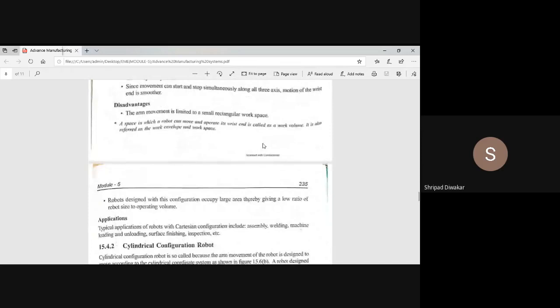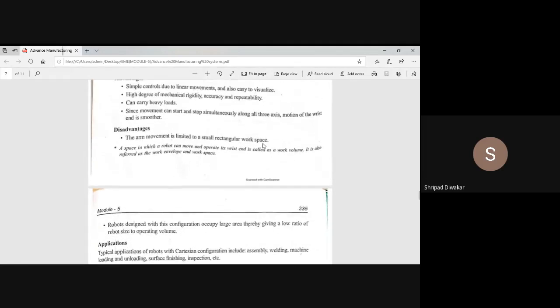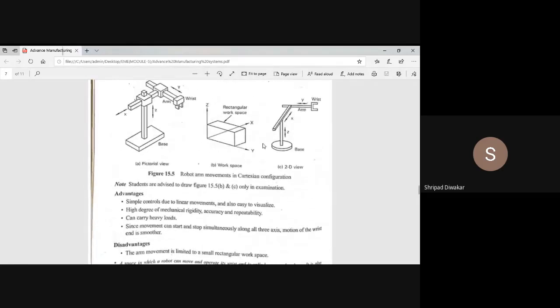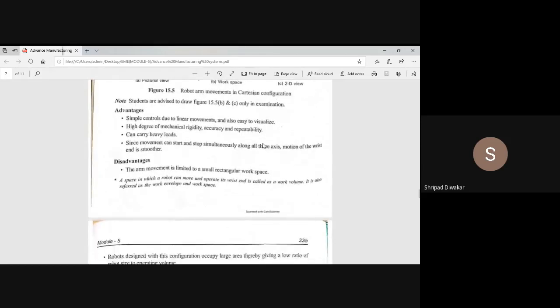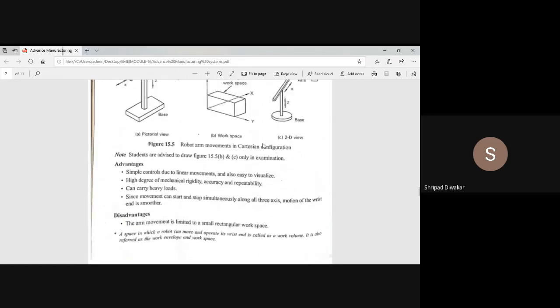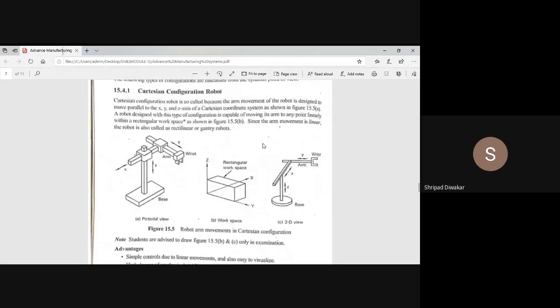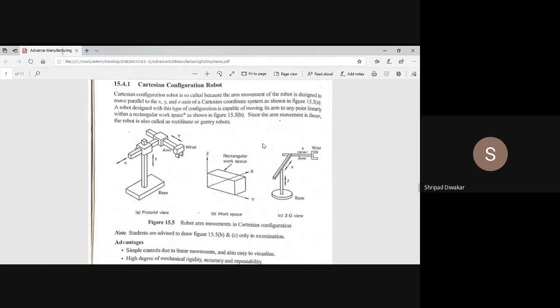Okay. Then second one, it occupies a large area as compared to other configurations. So another drawback of this Cartesian coordinate system is that, compared to other robot configurations, this configuration requires more space.